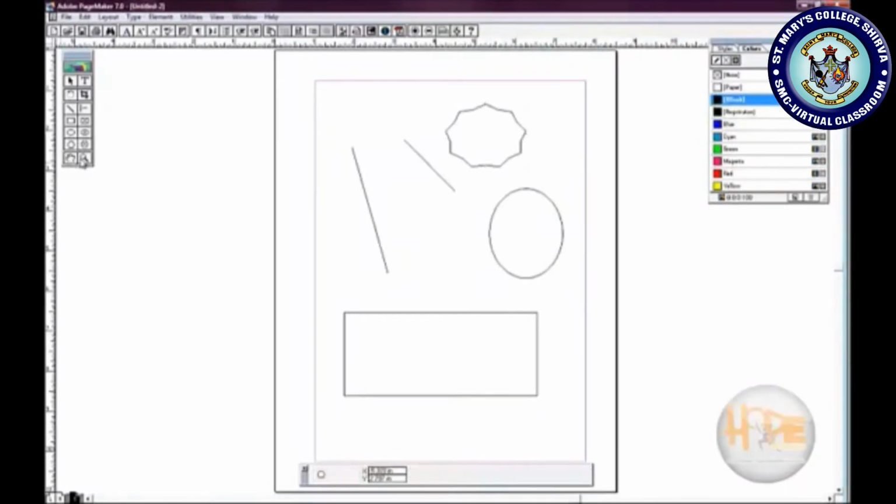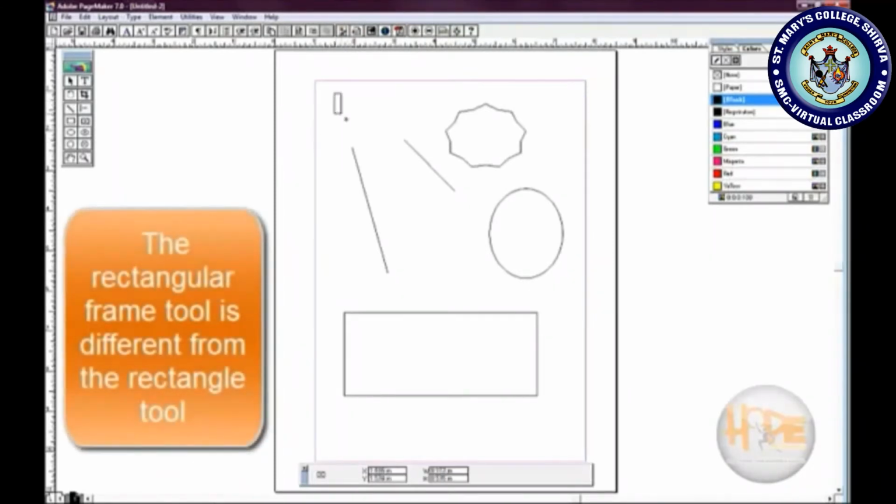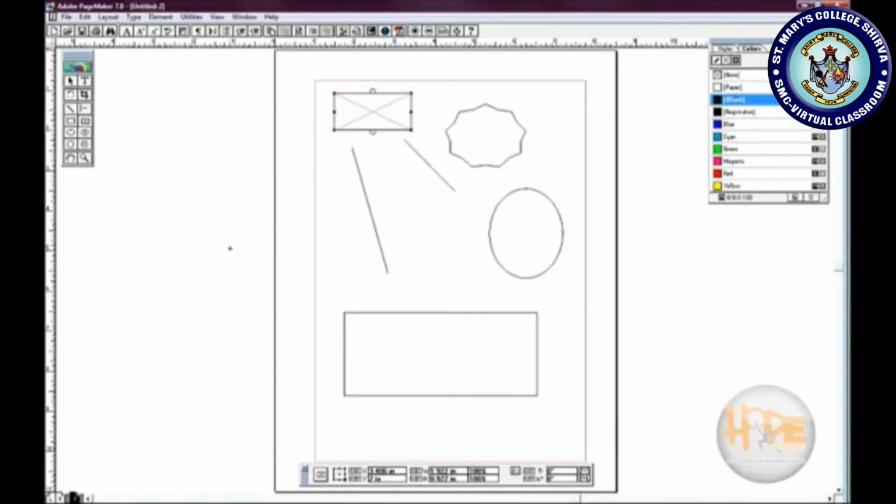Another tool that is seen on the tool palette is the frame tools. We have the rectangular frame tool, the ellipse frame tool, and the polygon frame tool. One of them will be demonstrated here, the others are similar. The rectangular frame tool can be drawn similar to the rectangle tool. The only difference is that you can even draw another shape inside the shape if you use the rectangular frame tool. For example, you can draw a circle inside it